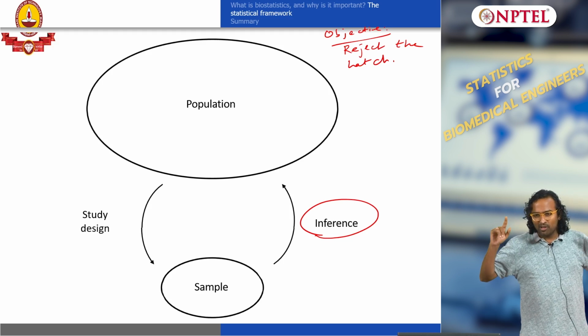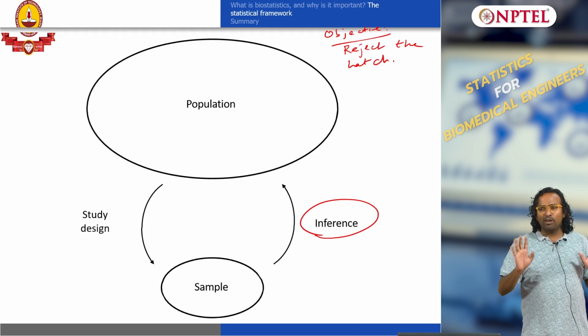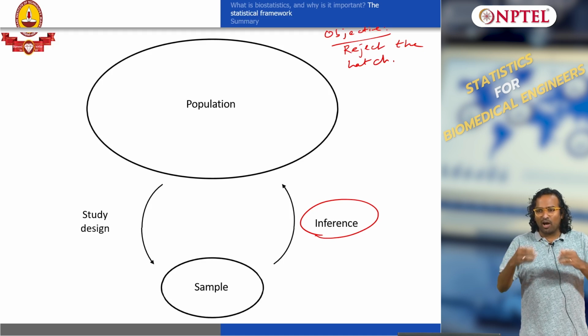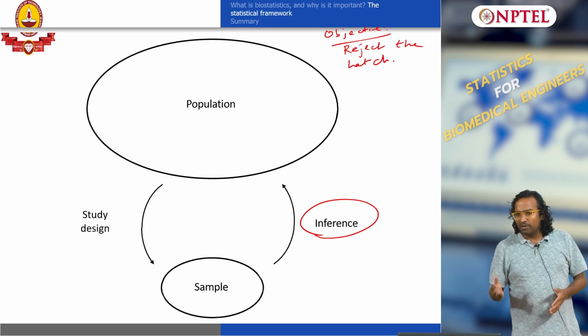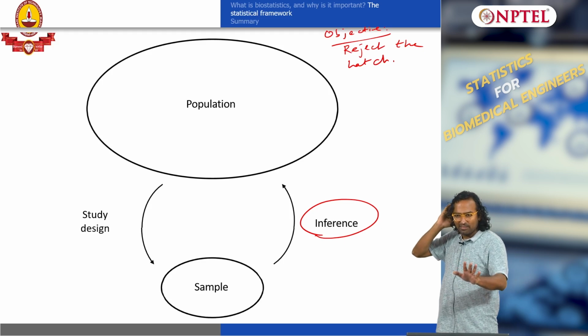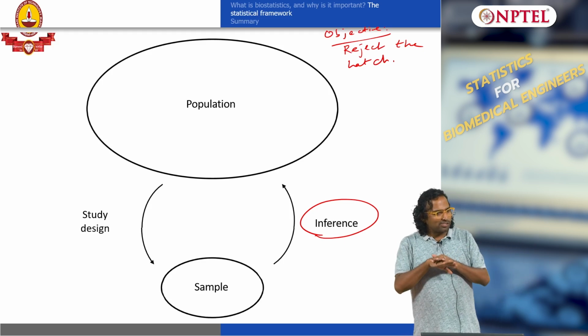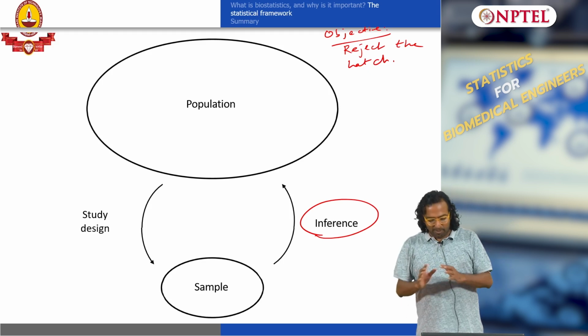Why is 100% not possible? Huh? You are only working on a sample. So 100% confidence is not possible. Forget it, because you are working on a subset. Clear everyone? There is no doubt about it. 100% is not a possibility. You have only a sample, and with the sample you are inferring.